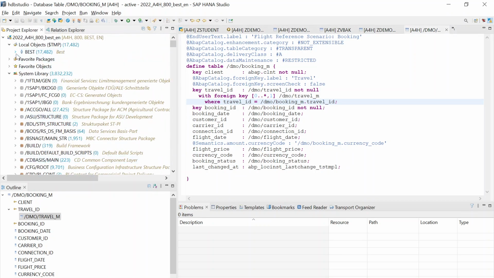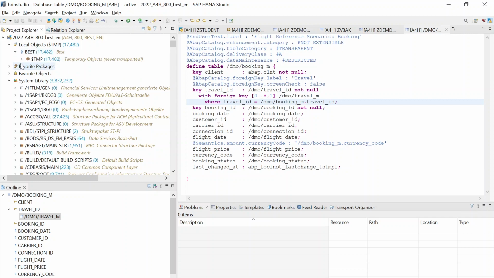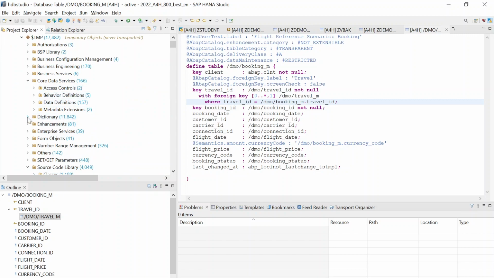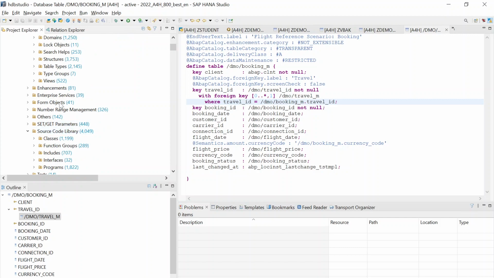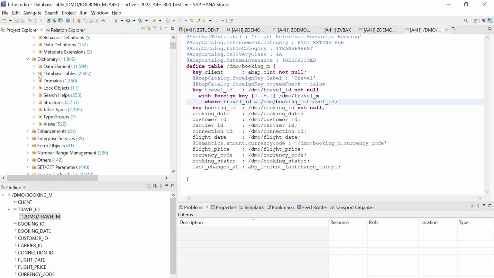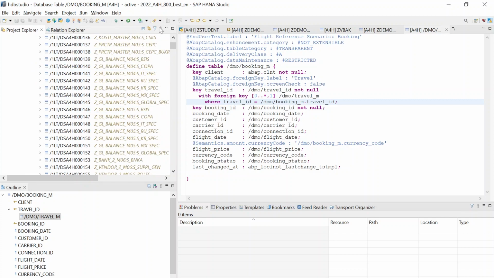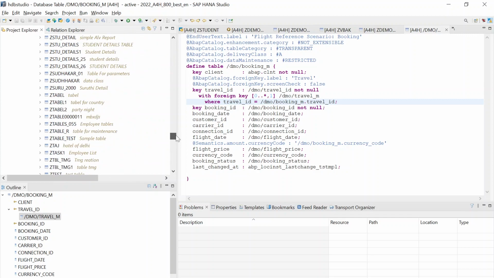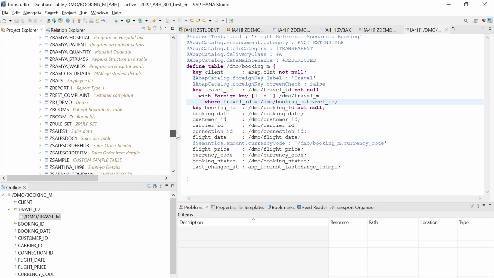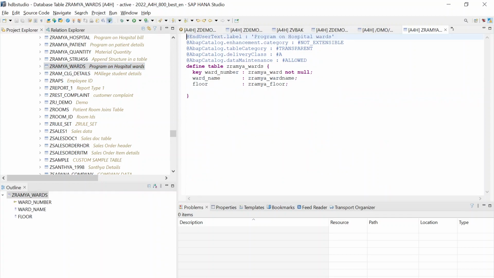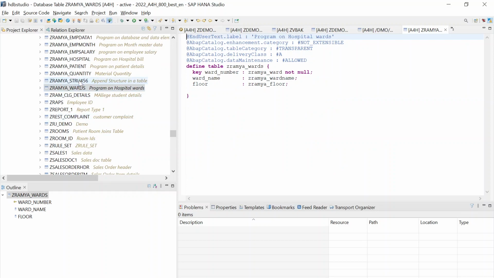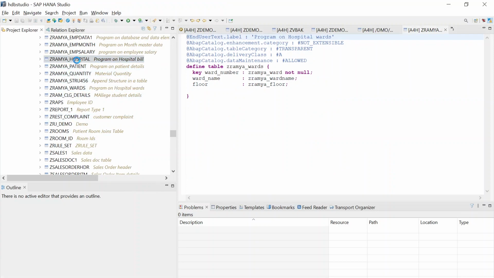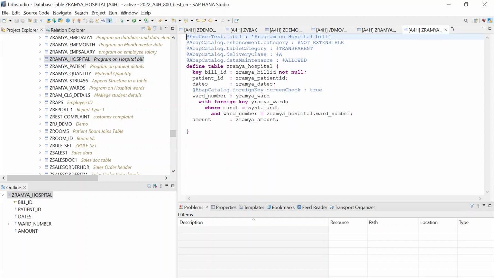Did we assign any foreign key for our custom tables? Let me check so that you can understand how this syntax works. Go to data dictionary table, and let's go to our custom tables. Jadramya ward. Let me click here. Looks like no foreign key created. Jadramya hospital. Yeah, if you observe this,